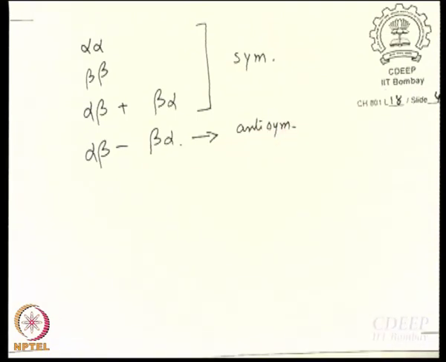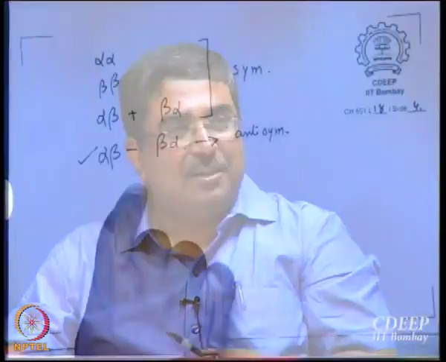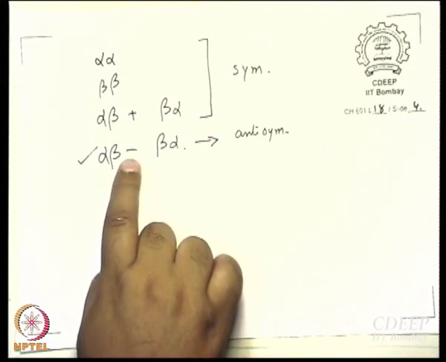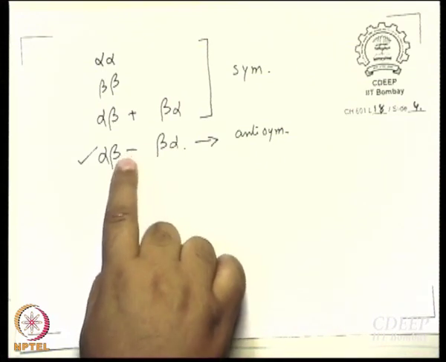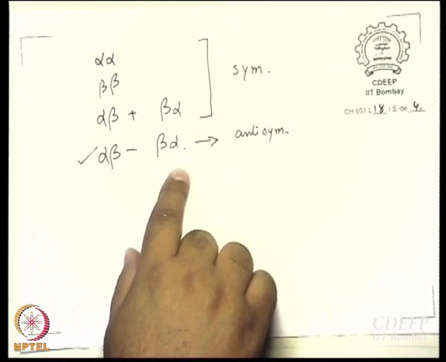So if you are dealing with a fermion like an electron, and if the space part is symmetric, then this will be the only spin part that will be allowed. So you understand what I am saying? If you are dealing with electrons and the space part is symmetric like what it is, then only this spin part is allowed, so that the total wave function is antisymmetric. Then it is singlet.